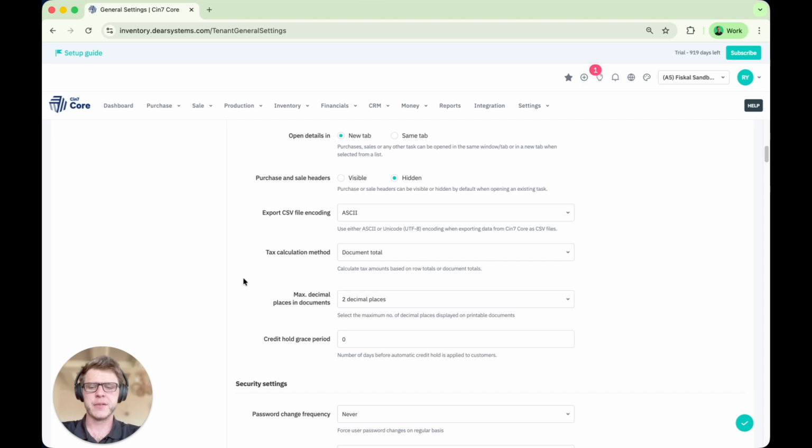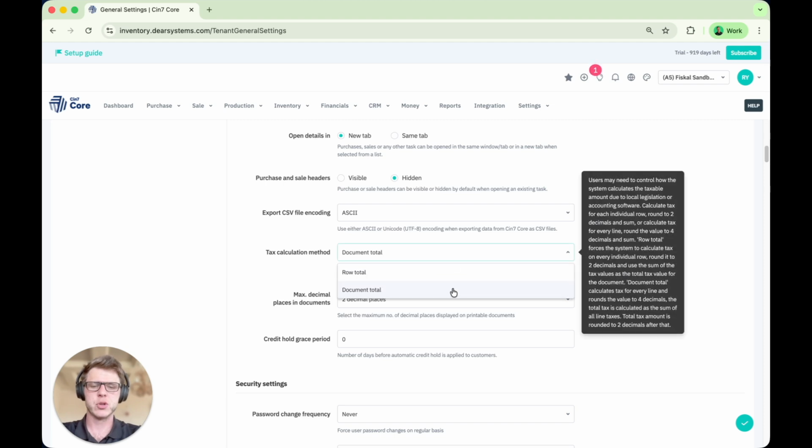If it's the document total, we're going to add up all of our items in that document and then calculate tax. However, on row total, it'll calculate tax per line item. Now, if it's configured incorrectly, so let's say I am using document total for Xero when I should be using row total, we will be getting a rounding error